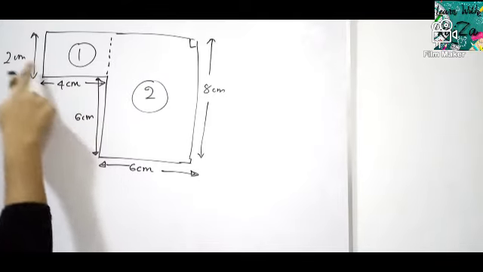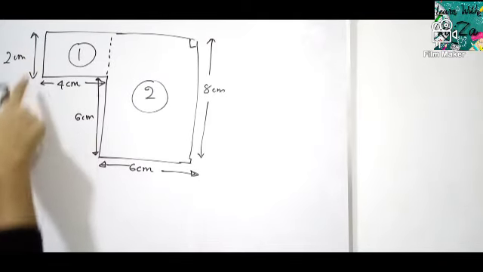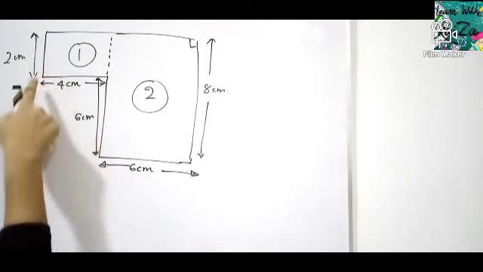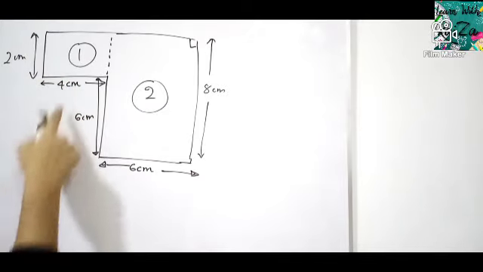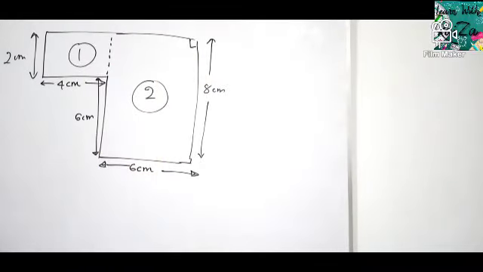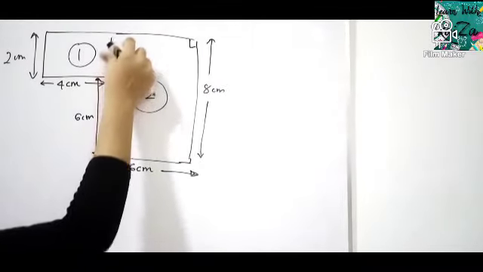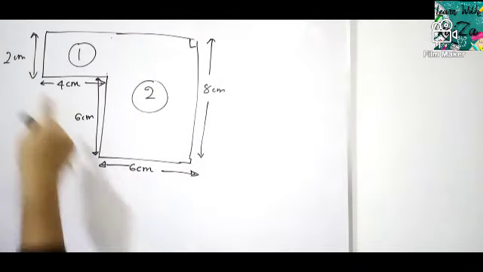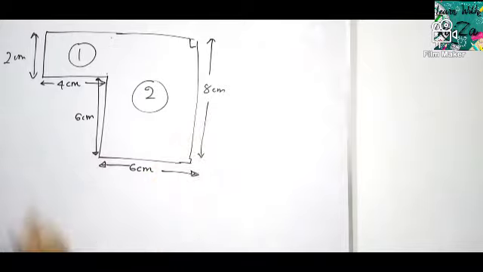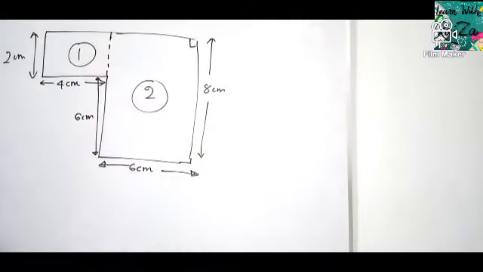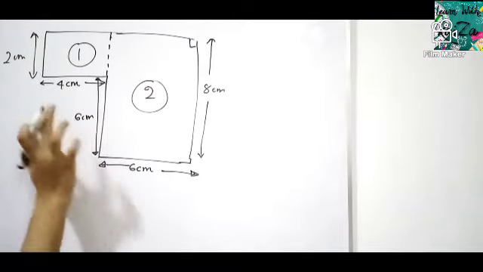Because here, can you see, this is a rectangle. How do I say this is a rectangle? Length is 4 cm, breadth is 2 cm. So length and breadth are different, therefore this is a rectangle. And figure 2, can you see this one? This portion is also a rectangle. For your exam, sometimes the figure will be given like this only. Then you might get confused how to find the area. Some people will add all this. Then that is not the area, that is a perimeter. So here, first of all, divide the composite figure into the two figures. Okay, now we have to consider these two figures separately.